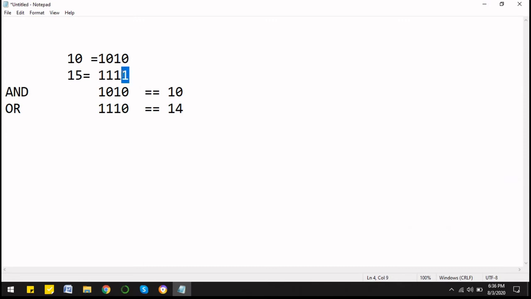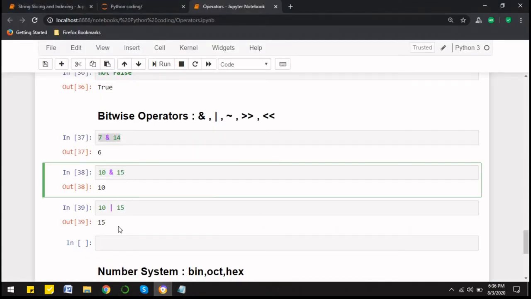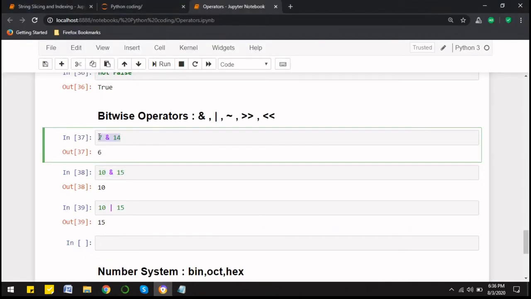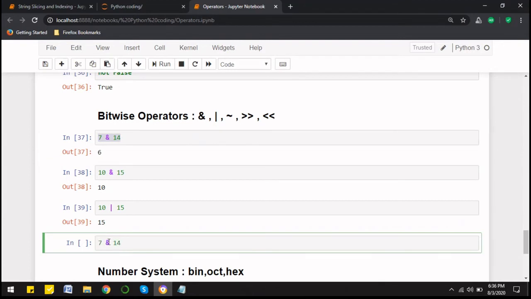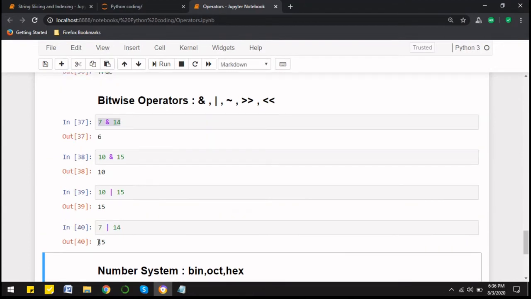This will be 1 here. By default I wrote 0 here. So now if any one of them is 1, the output is going to be 1 here. So this is also 1, and that is why the result is 15. So yeah, this is clear. Now again we will explore this for the OR operator, and we'll see this is the result, right?